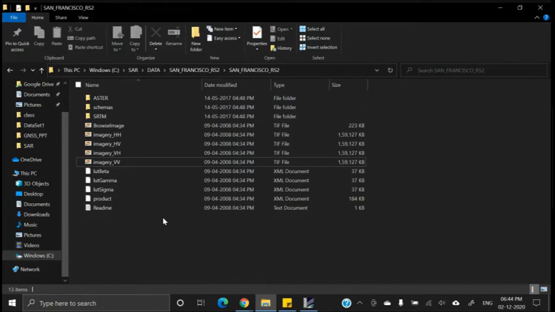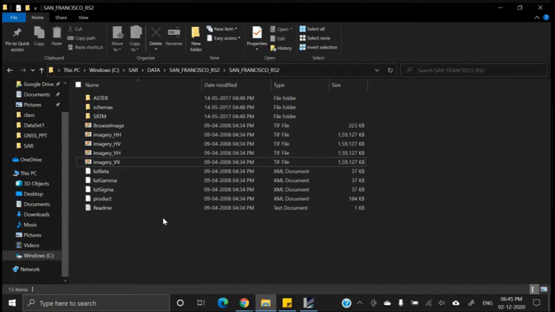So whenever we are opening an image or we are going to process a SAR data, we definitely should have all these images and these accompanying files, in which we have the accompanying information, because the complex data set is not simply an image like optical image where we have a pixel and each pixel is associated with a DN value or the reflectance value. Instead of that, for each and every pixel, we have lot of information.